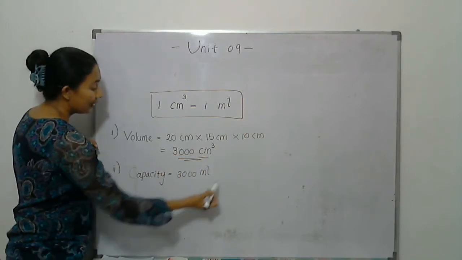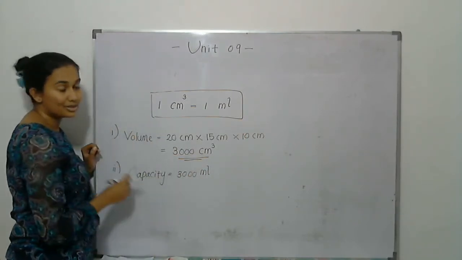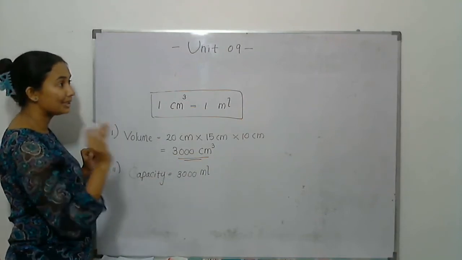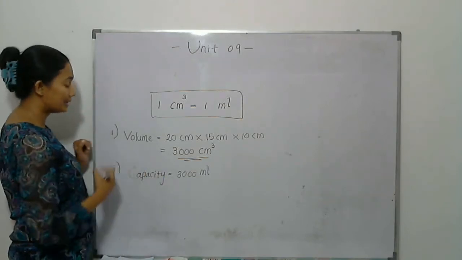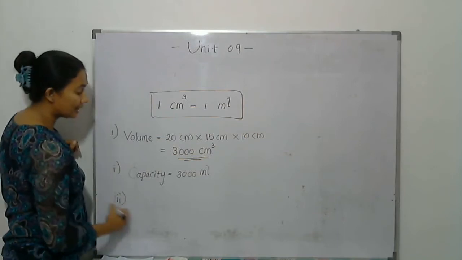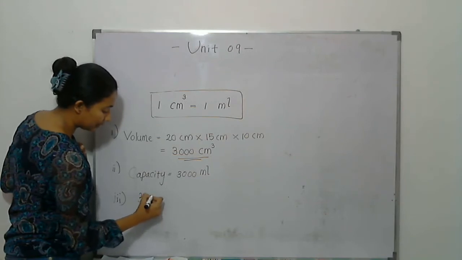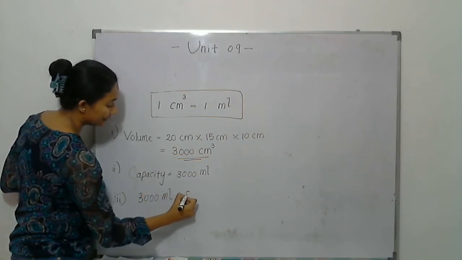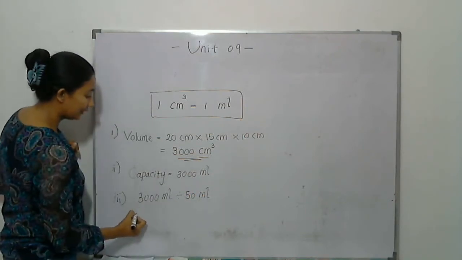Then we have 3000 milliliters. Now we are going to store this volume in 50 milliliter bottles. So you have to find how many bottles are needed. What you have to do is, the number of bottles that we need is 3000 milliliters divided by 50 milliliters. Then when we divide this one,